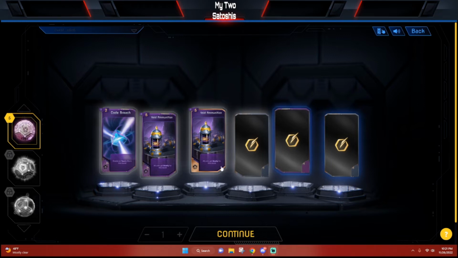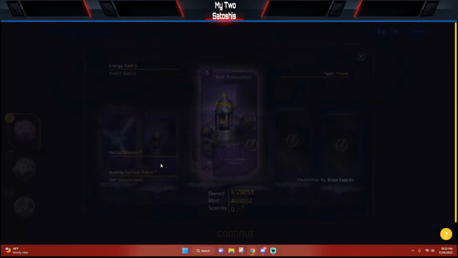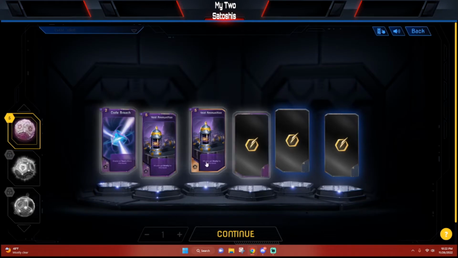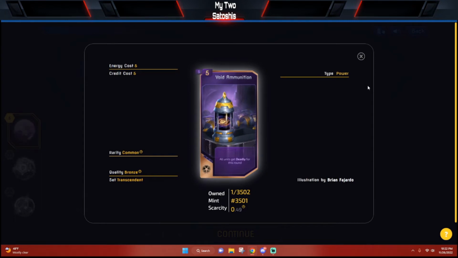As you can see, I got a couple of commons. Let's take a look at some of these. I do believe that these are just rare commons. I do have one rare from the first crate that I opened. But as you can see me going through it now, it looks like this one is a quality bronze. This is from the Transcendent